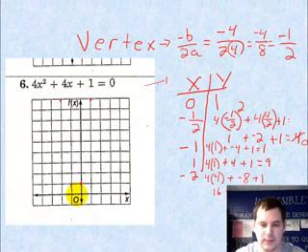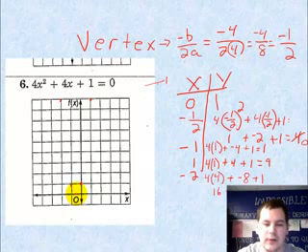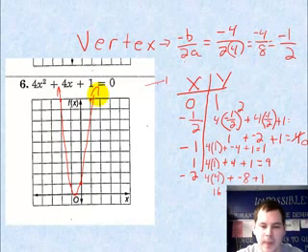Otherwise I would have had a W instead of a U. That gives me a value right there. So now I'm going to go through and make my U on this shape. But what we're looking at here is we're looking for this spot down here. Where does it cross the x-axis? Now in this case it doesn't actually cross the x-axis, but it hits the x-axis and then turns around and